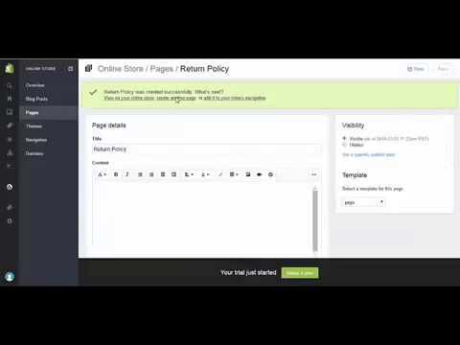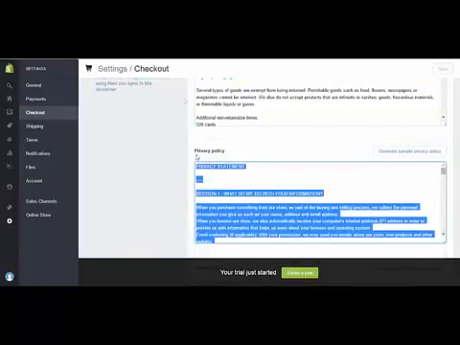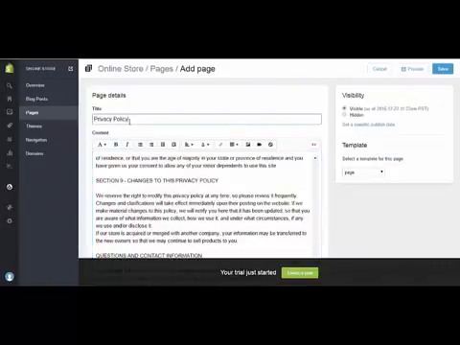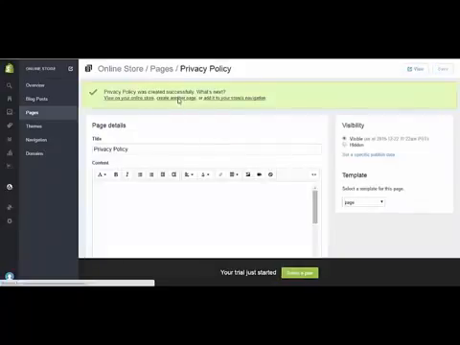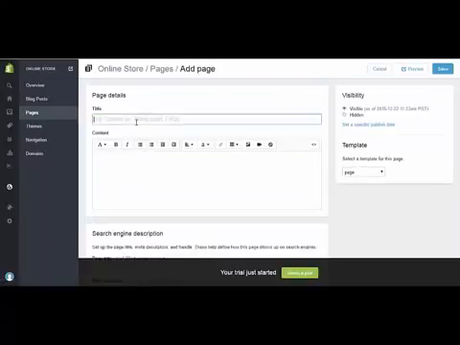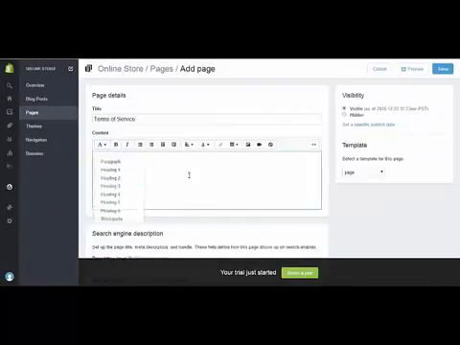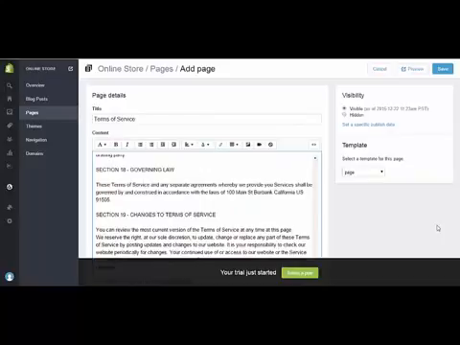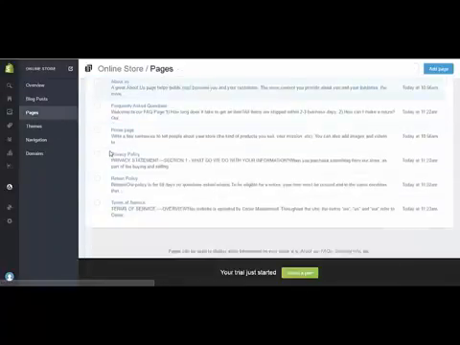Now we're just going to keep doing that for each page. We need to do terms of service. We need to do privacy policy, and again, this is just copying and pasting it from the settings checkout section, and these are pretty much auto-generated from Shopify. So just one more. Terms of service, copy and pasting from the settings checkout page. Great. So we've created 4 pages so far, FAQs and the 3 necessary ones,